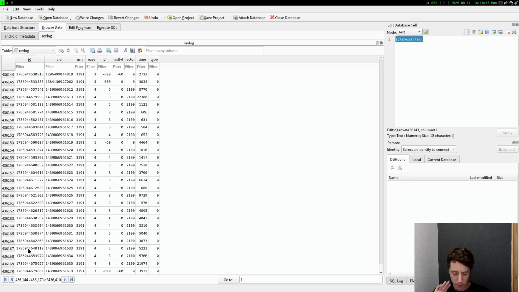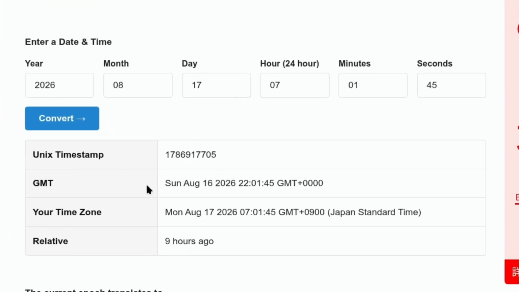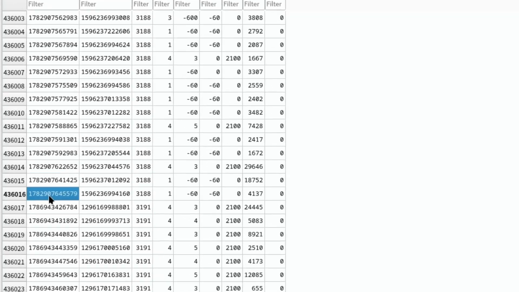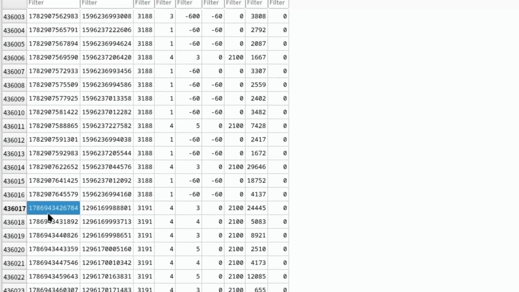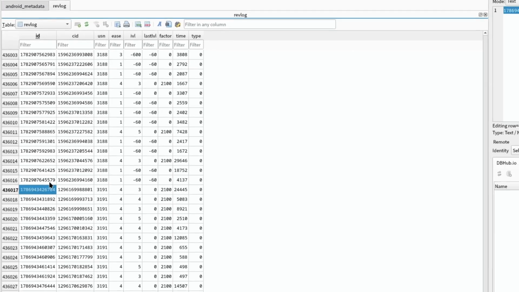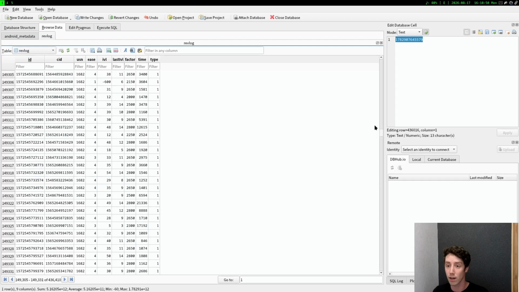The first couple of numbers are the most important ones if you have not used Anki in a very long time. So you go back to the site and we can see, for me, it would start with 178969. So if it starts with this, it happened today, else it happened the day before. So what I need to do is just find the point where this switches. So we have 17869, and then suddenly we have 17829. So all that's here, from here all the way till number 1,